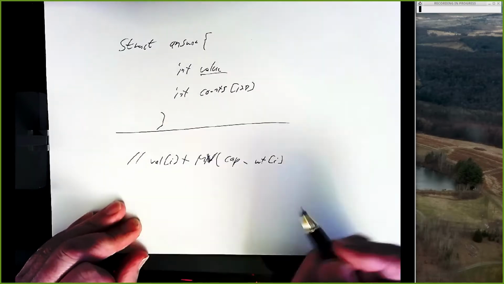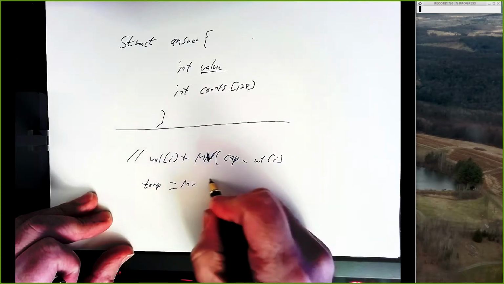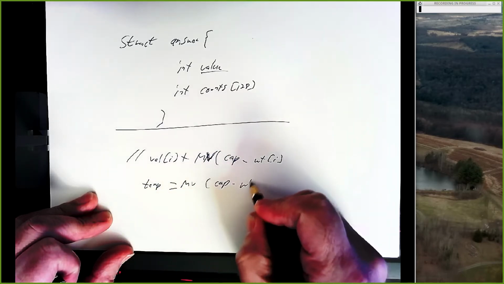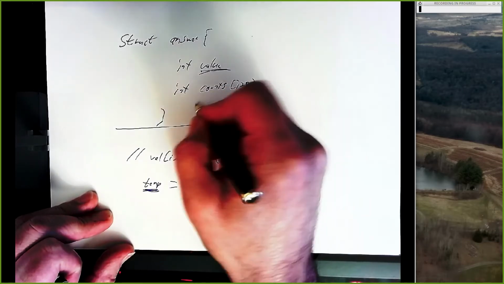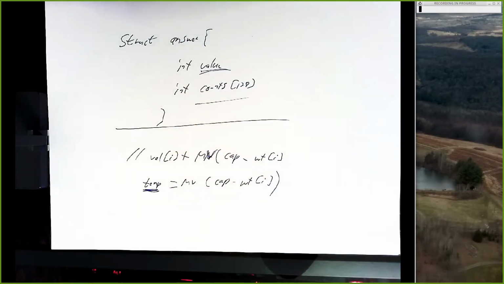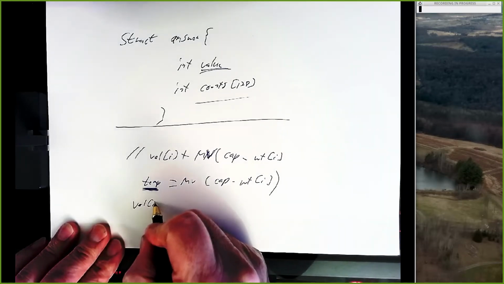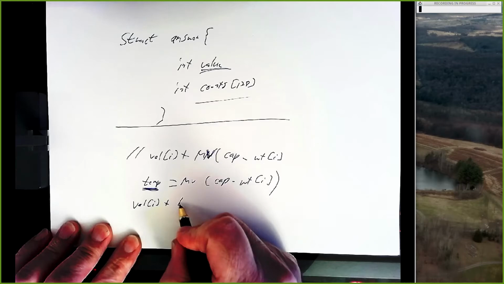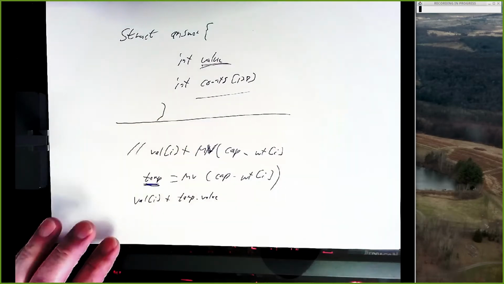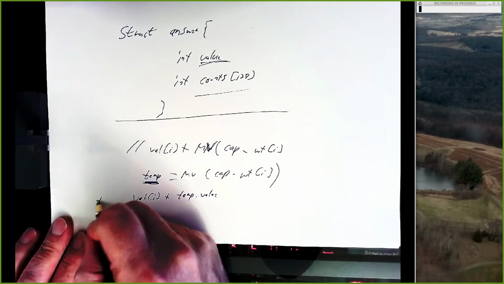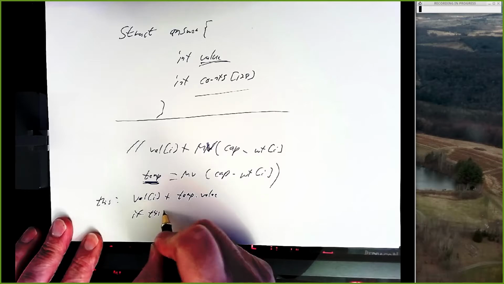Well, instead of doing that, do some temporary result equals max val of capacity minus weight of item I. And now this thing has not only a value, but it has an item count, right? And so you can do value I plus temp dot value, if that's what you're calling the value part. And so this solution is equal to that. If this is bigger than best,